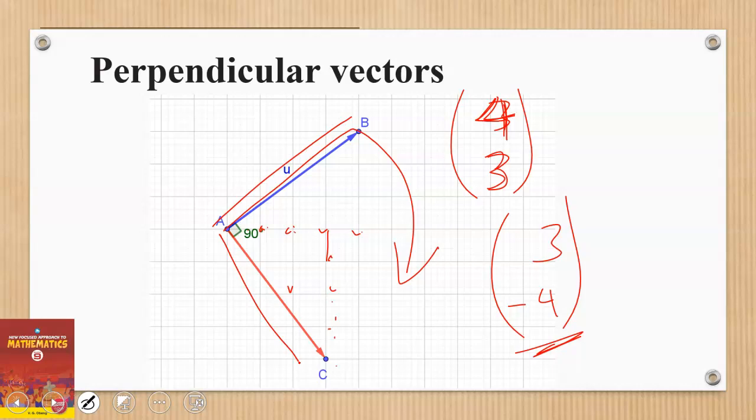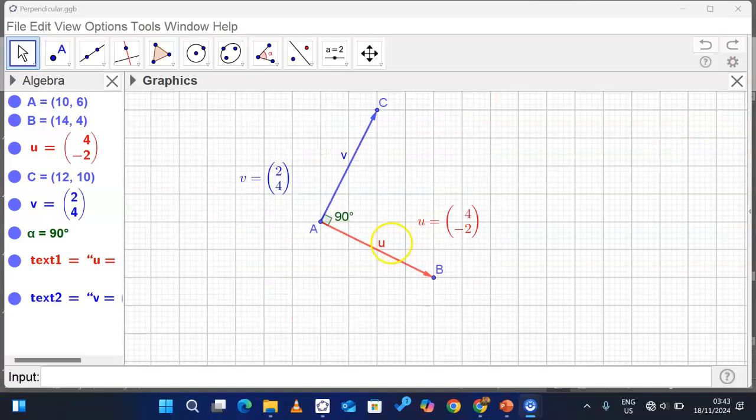Now let's use GeoGebra to explain this further. Again, you can see that the blue vector here, which is AC, gives us vector v, which is (2, 4), and the red vector AB gives us (4, -2). So again, you can see that the positions of x and y in (2, 4) have interchanged to give (4, 2), and then y is negated. That means it has rotated